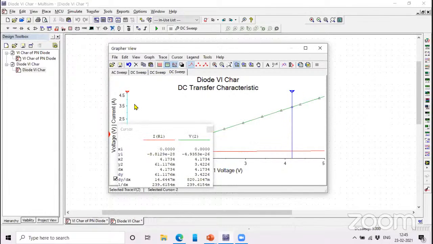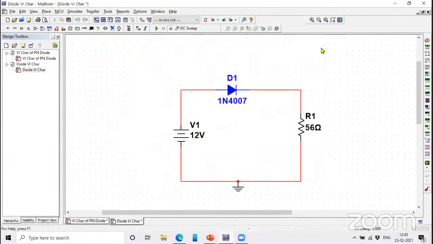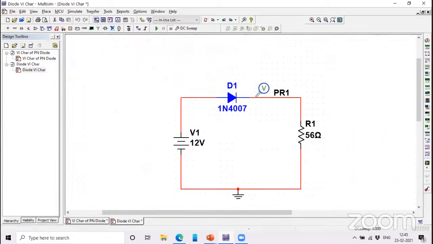Now using the cursor, you can take the measurement of the values. Okay. By this other terminal, this is the voltage probe. So we can put a probe. So if I run it,